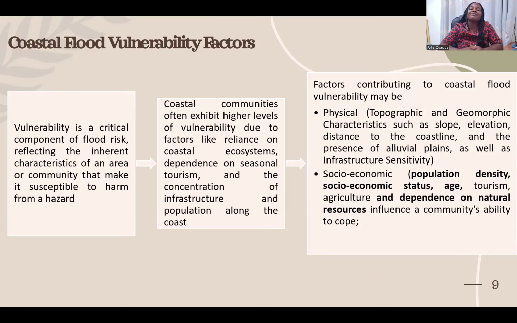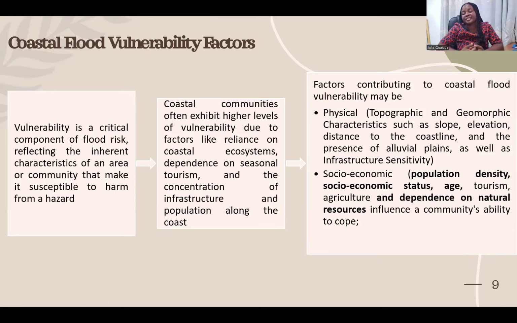So we can have certain coastal communities exhibiting higher levels of vulnerability and certain areas exhibiting lower levels. For example, in a coastal area where about 90% of the people are fishers,